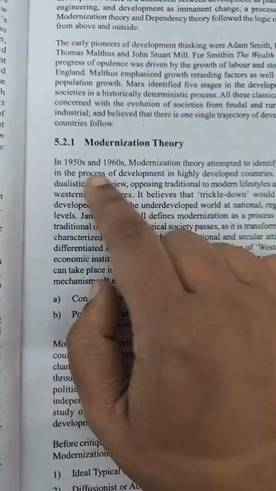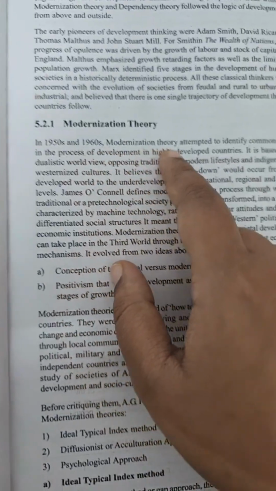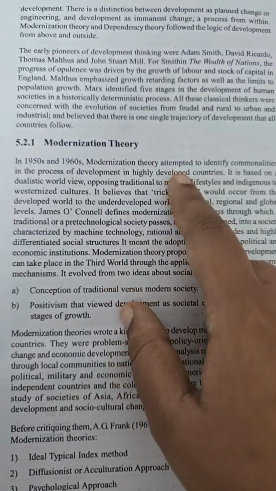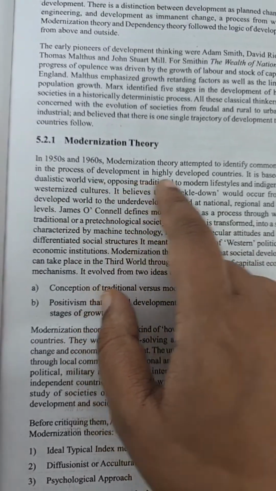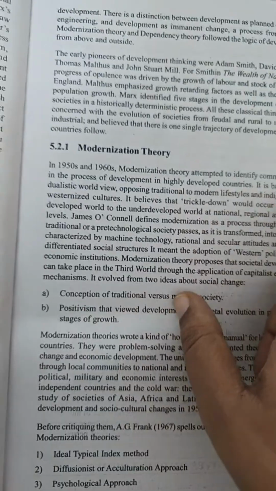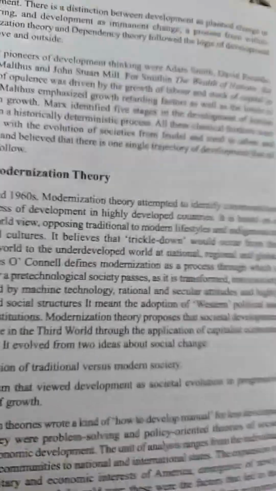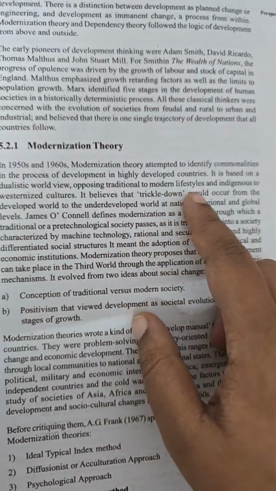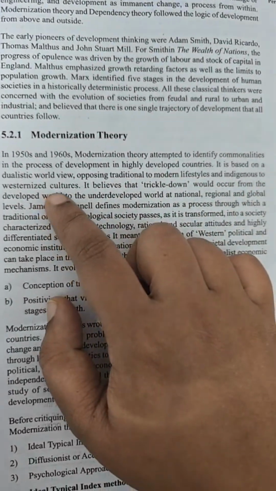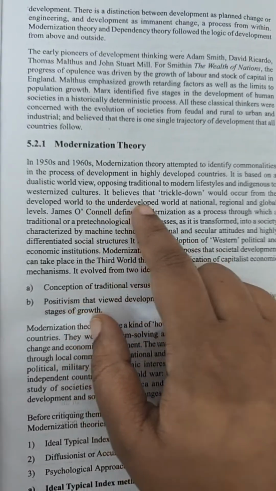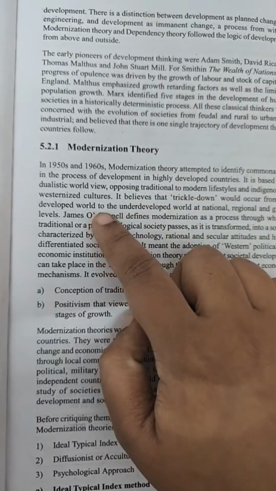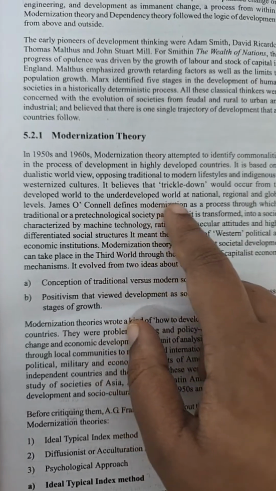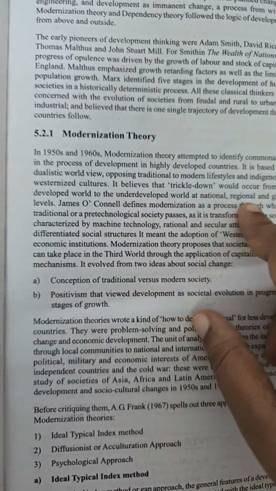In the 1950s and 1960s, modernization theory attempted to identify common elements in the process of development in highly developed countries. It is based on a dualistic worldview, opposing traditional to modern lifestyle, and indigenous to westernized culture. It believed that trickle down would occur from the developed world to the underdeveloped world at national, regional, and global